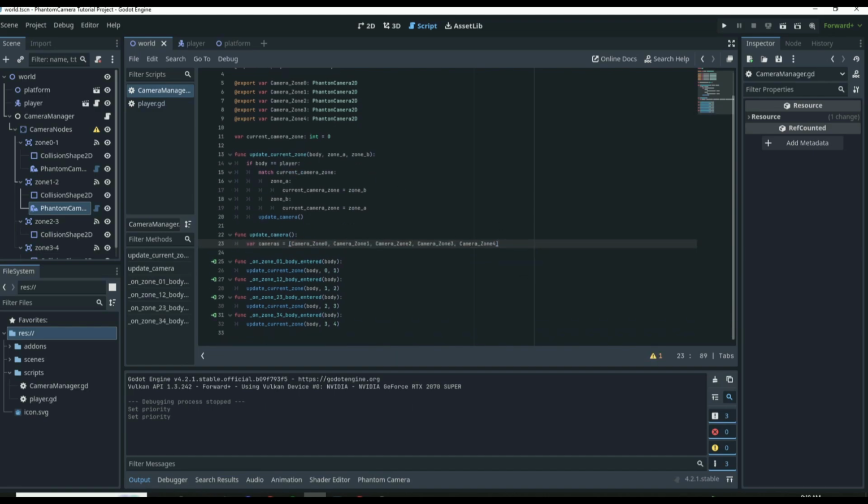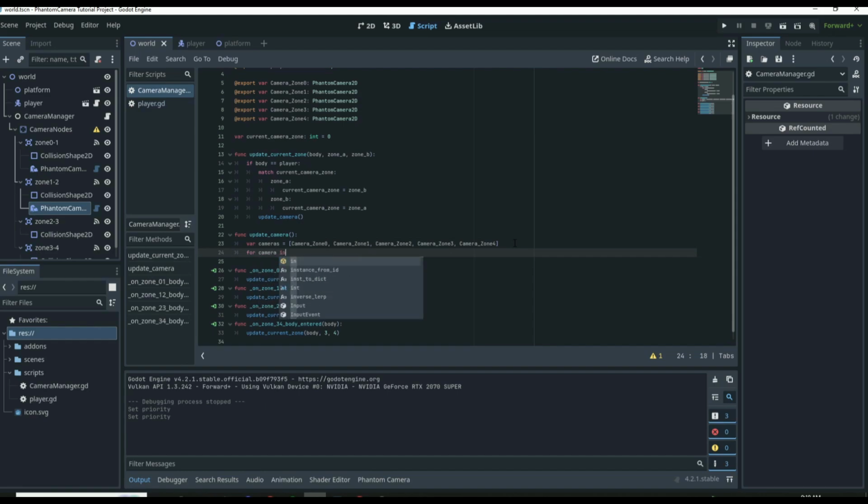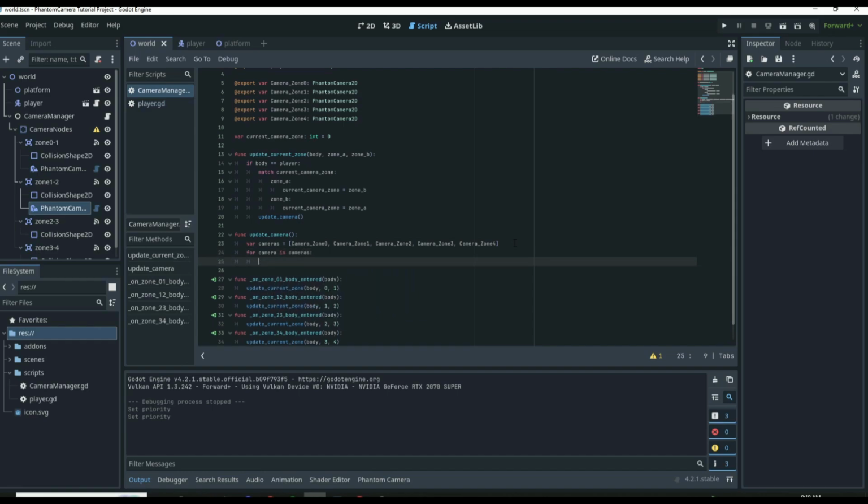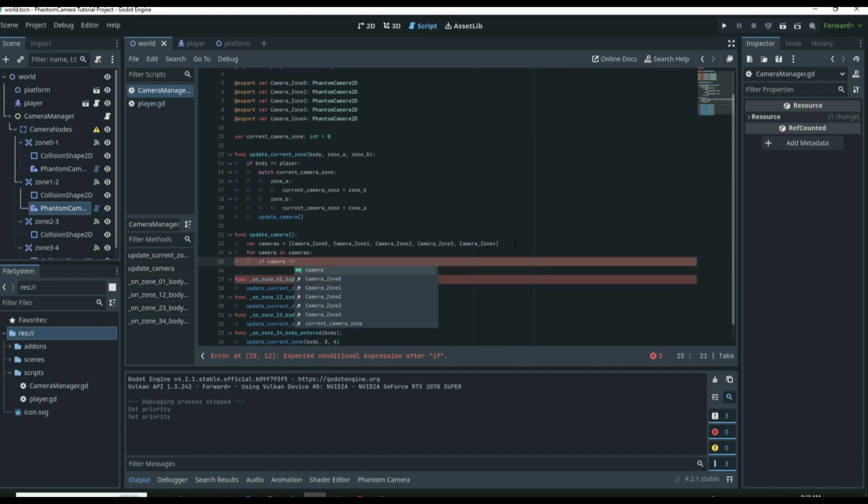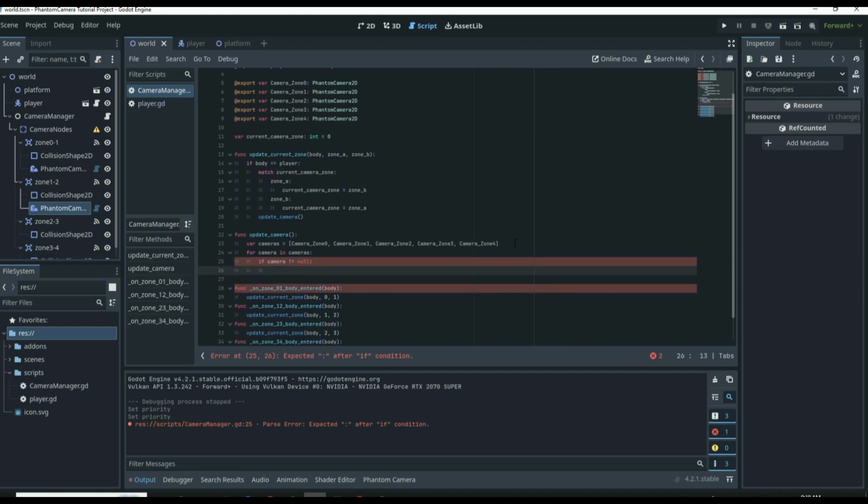But because we have these camera variables here that aren't actually set to a camera as of now, we're going to run a for loop and say if camera in cameras. So basically, for every camera in cameras, we're going to first of all check if that camera is not equal to null. Because if that camera is equal to null and we try and change the priority of a null node, then of course it's not going to work and we're going to get an error. So we can say, well, if the camera is not equal to null, then we can change the camera dot priority